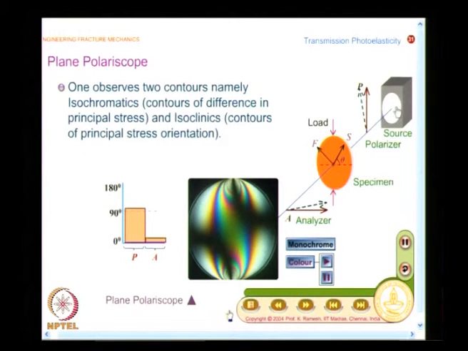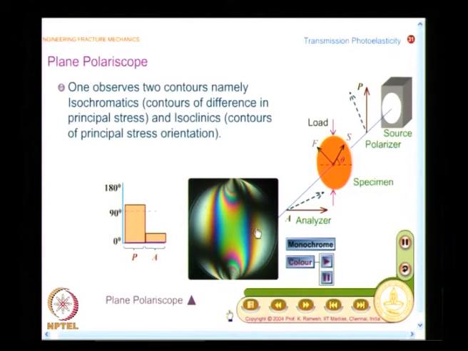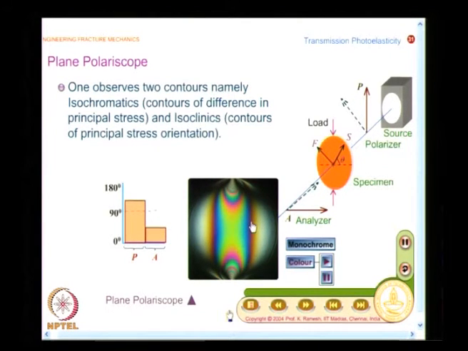In a white light source, I see them as richly colored. So, what happens is, when I keep the polarizer and the analyzer crossed, and the model behaves like a full wave plate, the input polarized light comes out as polarized light, which is a function of wavelength. So, what you see when I send white light is, out of the several colors of white light, one color is cut off, because it will behave differently at different points depending on the stresses developed.